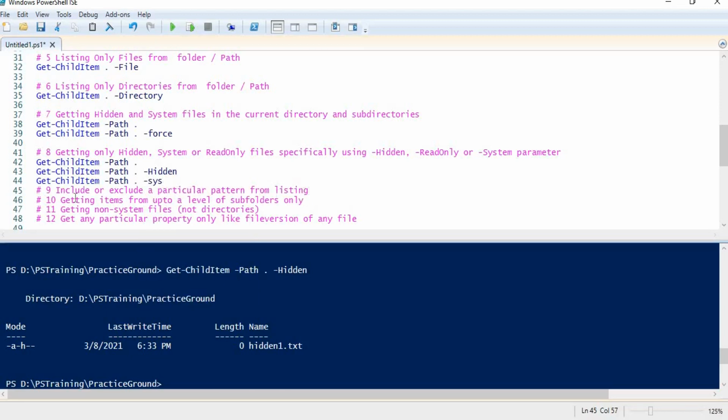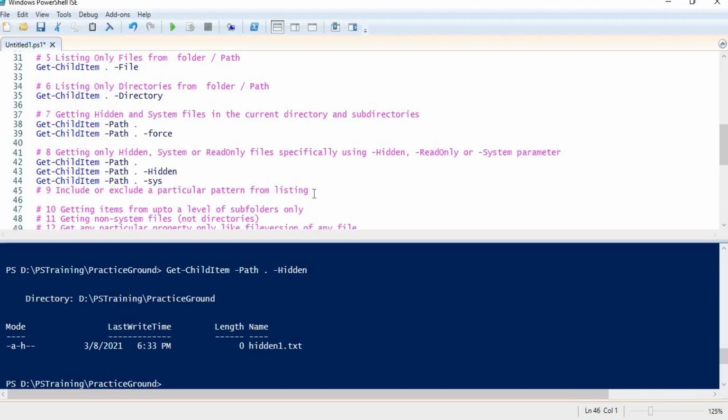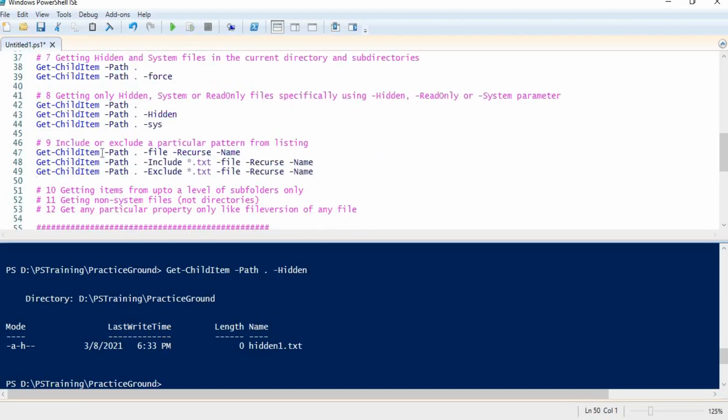Our next example is including or excluding a particular pattern from listing. Suppose I want to get only log files, the Include and Exclude parameters are very helpful in such cases. Let me write the commands by pausing the video. So I have written these commands, and the first one is the normal command.